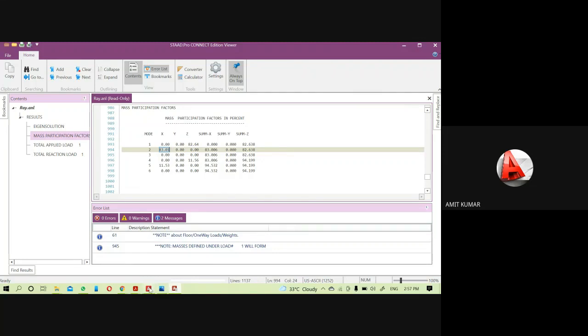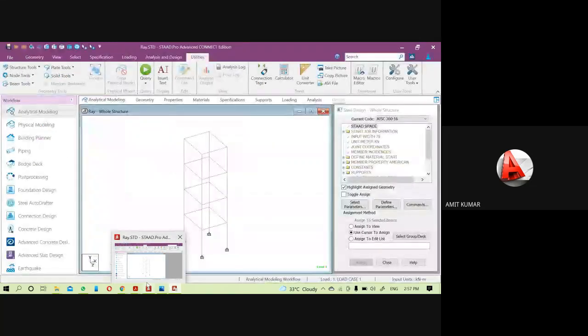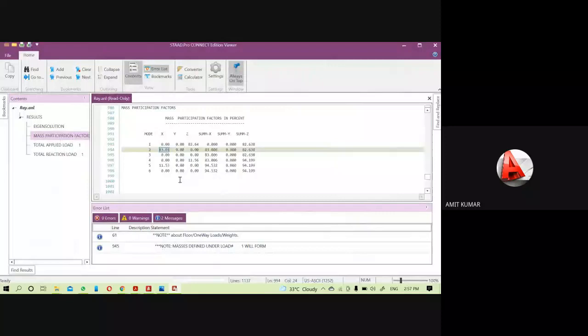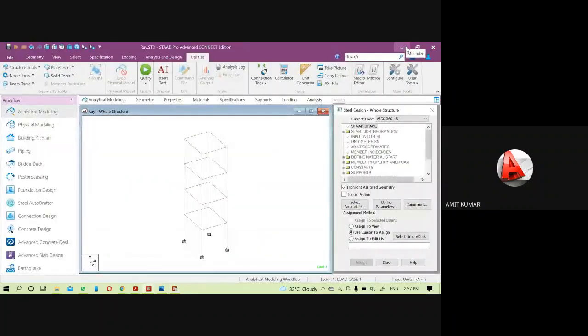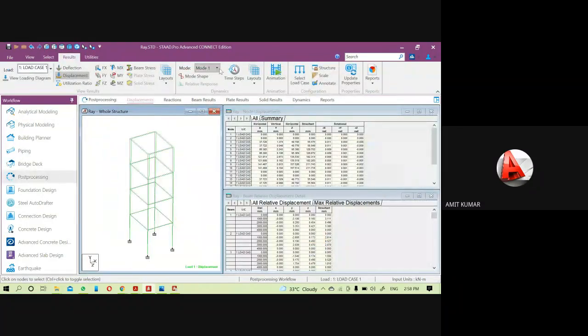Now check it in the post processing. Go to the post processing and come to the mode shape, animation of the mode shapes.